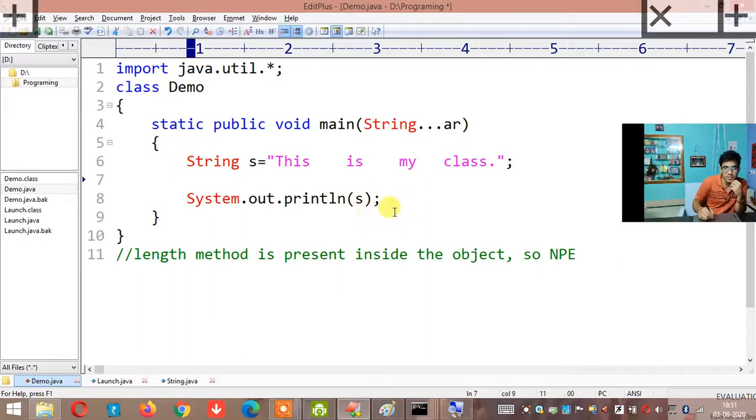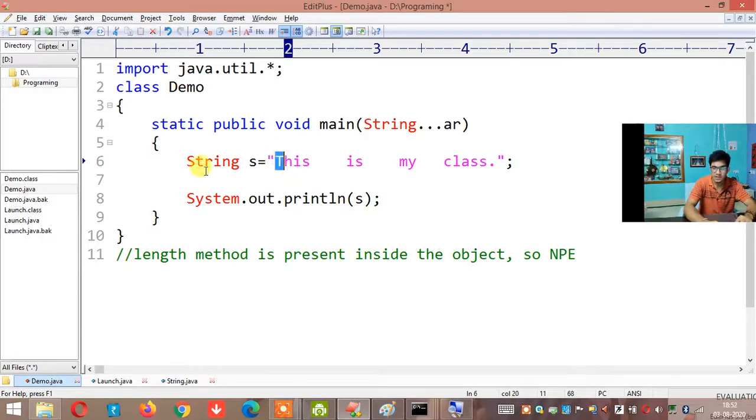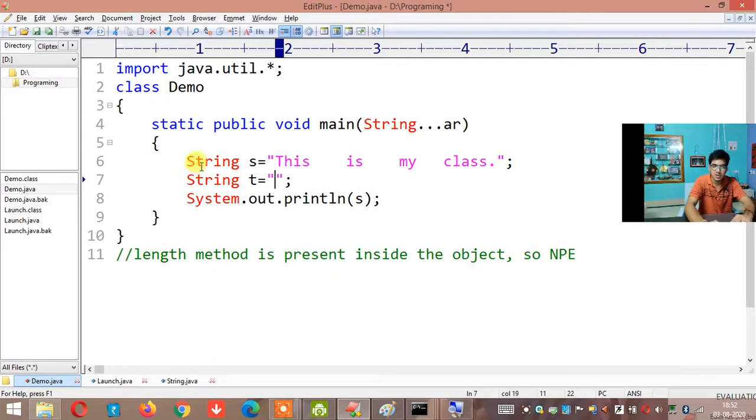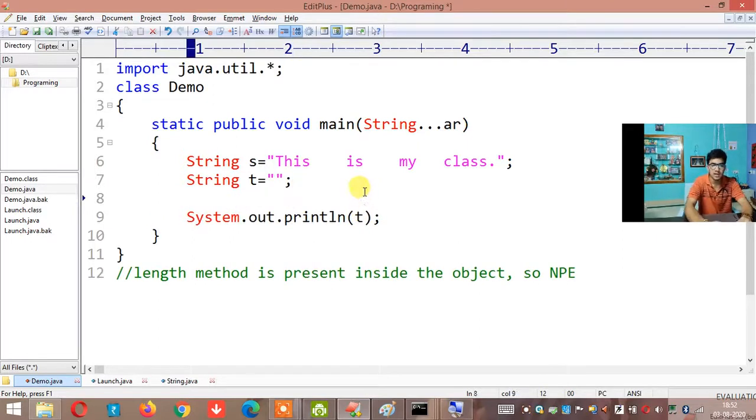Whom should we copy? See, I have to write a for loop. I have to ask, hey, are you a space? First of all, I have to create a new string t. Agree or not? T is equal to empty string. First I have to print t. T means the new WhatsApp group. In this new WhatsApp group, who are allowed? Multiple spaces are not allowed. Agree or not? In the new group, multiple spaces are not allowed. Then who are allowed? Non-space characters are allowed.